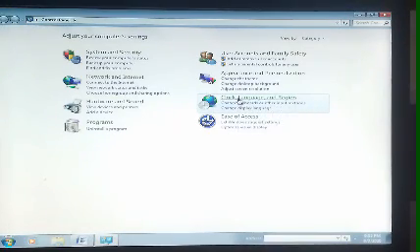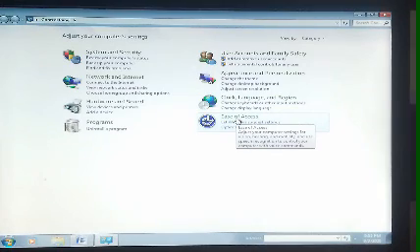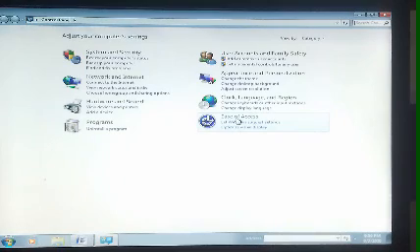It is used to set the date, time, time zone and language of a computer system. Now the last one is ease of access. It is used to adjust the visual display, replace sound with visual keys, and change the mouse and keyboard settings.